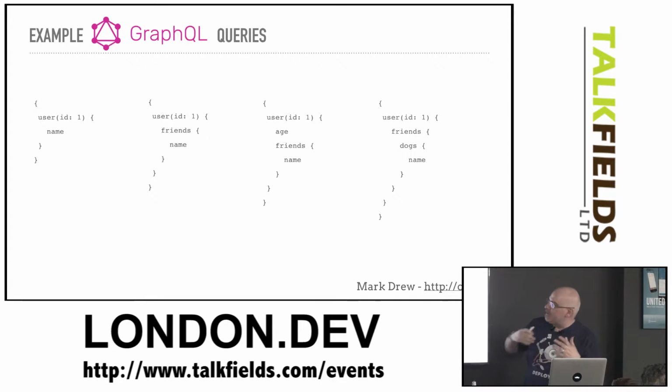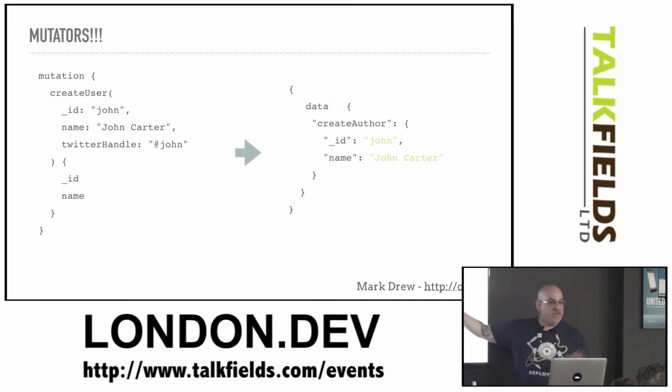Even better, we can actually mix and match. So we can have, say, give me this user, just give me his age for some whatever reason, and tell me who his friends are, right? And this is even better. I can go to get me this user, actually get me their friends. Actually, I don't care about their friends. I only care about their dogs. I come from Greenwich. I have 2 massive dogs. All I care about is other people's dogs. And give me their names, because it's the only way I can actually know other people. I don't know their names, I know their dogs' names. So this is how that can work much better, right?